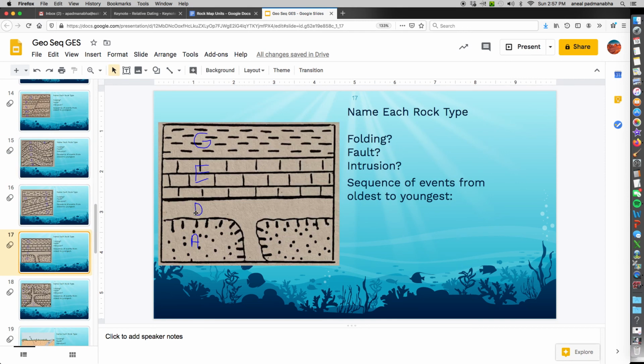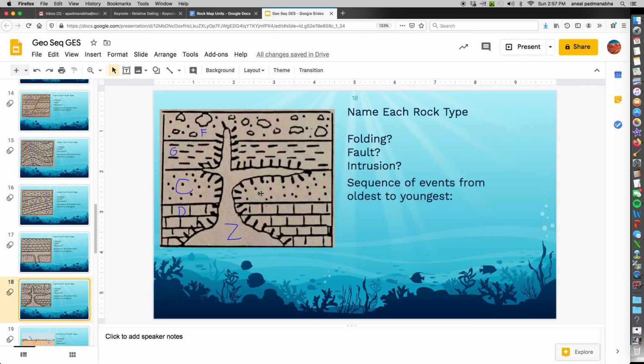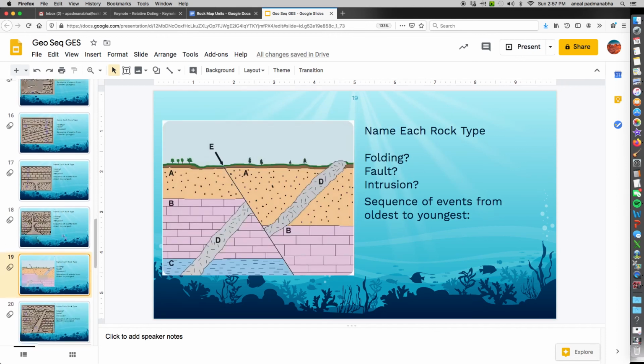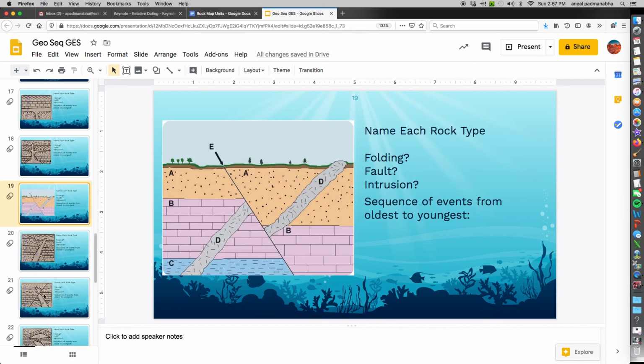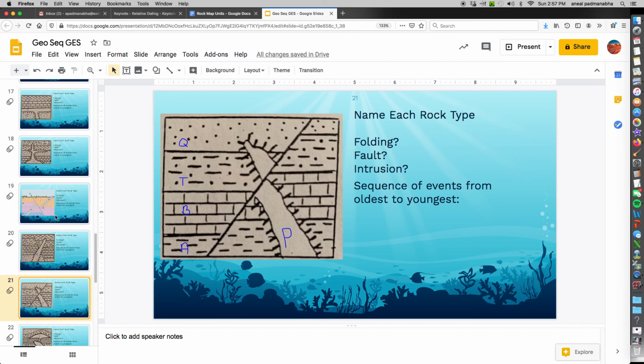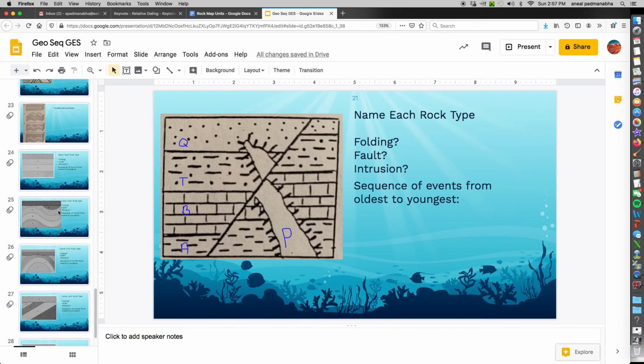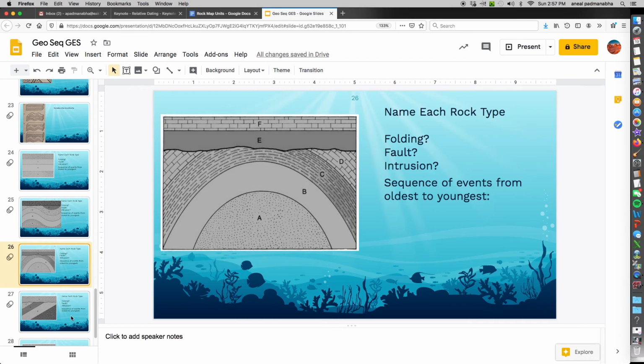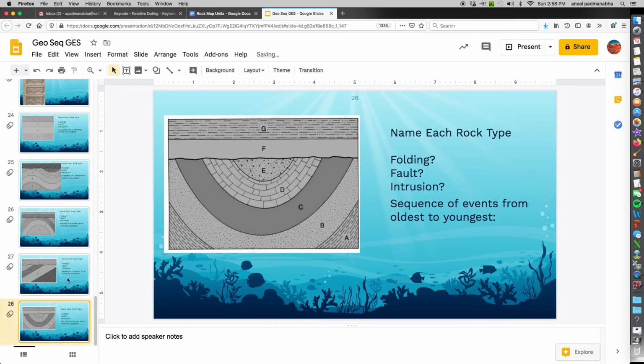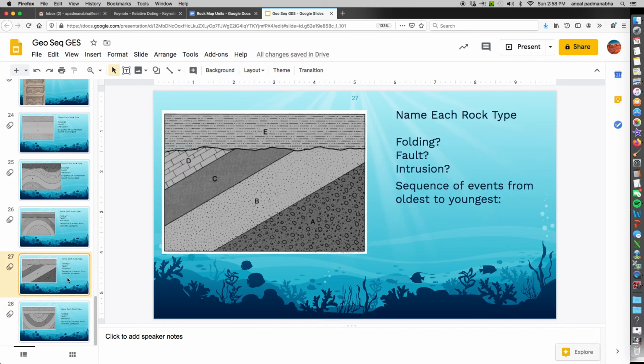I'm only going to zoom in on this one, though, really quick, and the next one. We are going to assume that these empty ones that have these vertical lines are also igneous intrusions. So we're going to assume that that is granite. We're going to assume that this is granite. And there's a bunch of other examples that you're going to see as you go through them, that you have granite and so on and so forth all over the place. Again, there's just a lot of examples and practicing this skill of relative dating, which is older, which is younger,